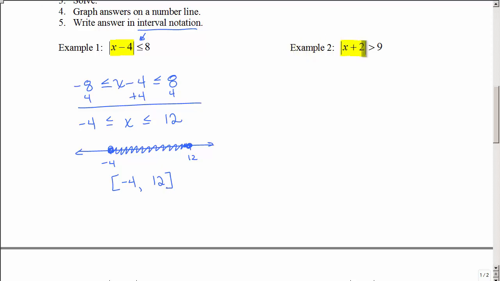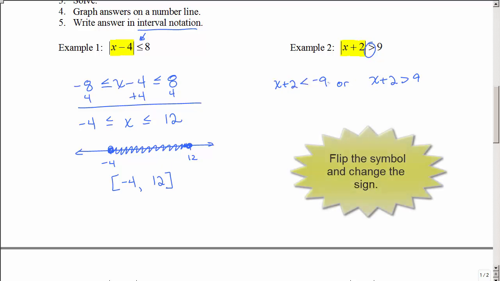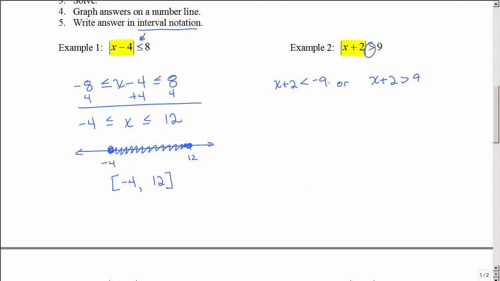Our absolute value is by itself, and this time of course we have a greater than symbol. So we write it just like it is without the absolute value, and then you want to write it without the absolute value, flip that symbol and change the sign. Flip that symbol and change that sign. And so we have to compare it to 9 and negative 9. Now let's solve for x. So subtracting 2,